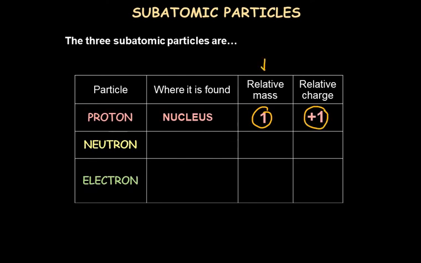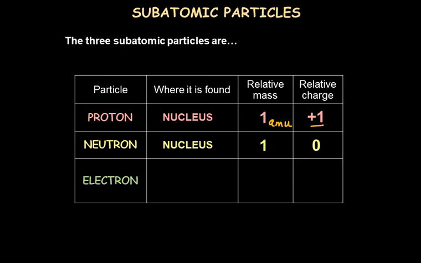Now when we say relative mass, what do we mean by relative mass? The word itself, relative, means in comparison. Now in comparison with what? In comparison with neutrons and electrons. Now if we say the relative atomic mass of proton is 1, then compared to neutrons and electrons, we are comparing its mass as 1, and so we don't call this 1 gram or milligram, we call it atomic mass unit. So what is the relative mass of proton? It's 1 atomic mass unit, that is 1 AMU, and the charge of proton is +1.